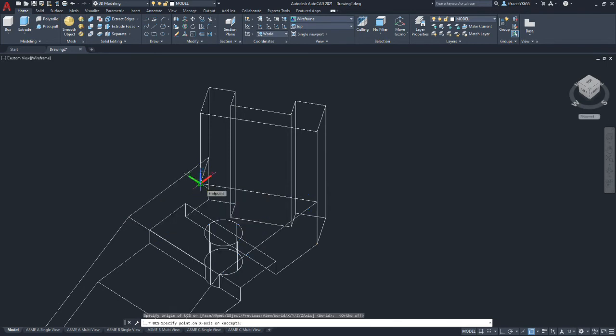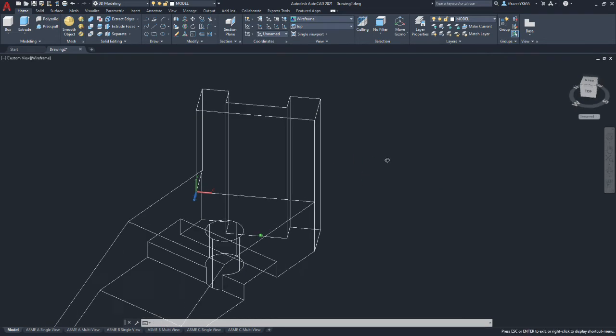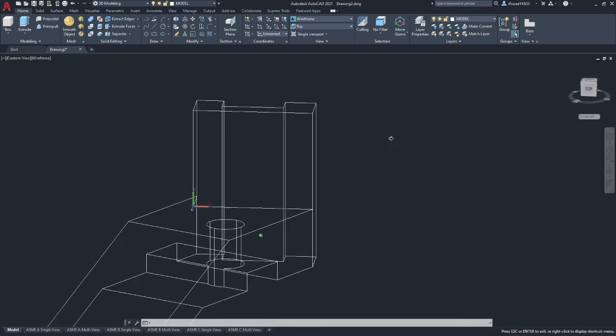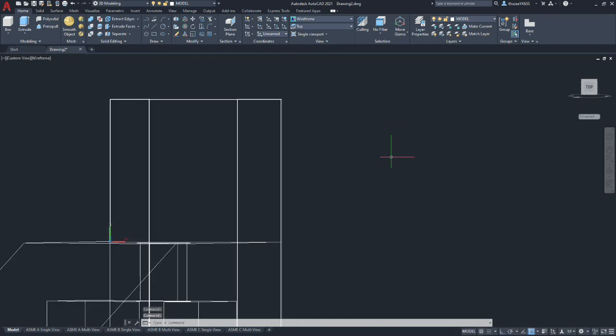Then it's going to ask you where's a point on the x-axis. We'll pick the opposite corner on the right. And then it's asking for a third point that's in the xy plane. So we can pick any point on the plane we want to work on that isn't one of the original selections. So it could be either here or here. And then it resets our user coordinate system to be working in that plane. Okay, so now we are working in the user coordinate system. It'll be looking straight in at that face.